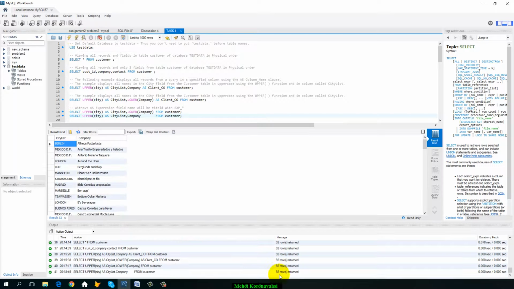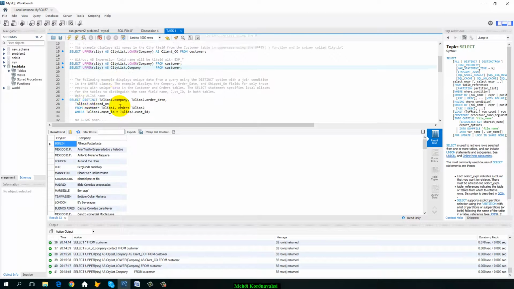as you see, again 92 records, upper city as a city list and company without as upper city list, and company, because company is the explicit name of the field in table customer. The same field name is shown here as a column name. And next query,